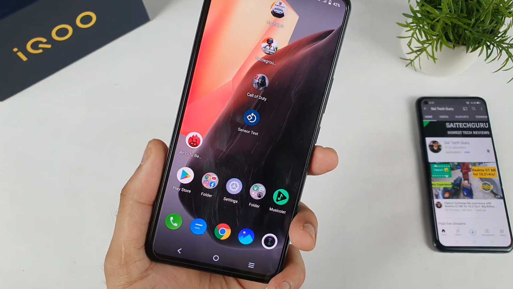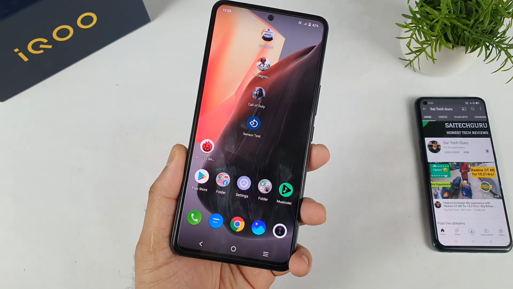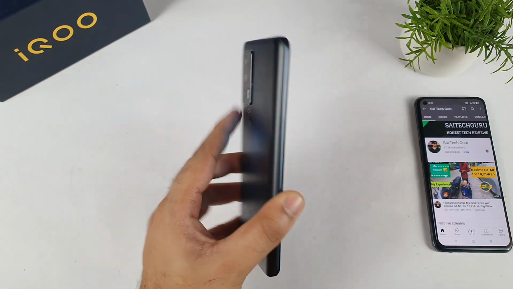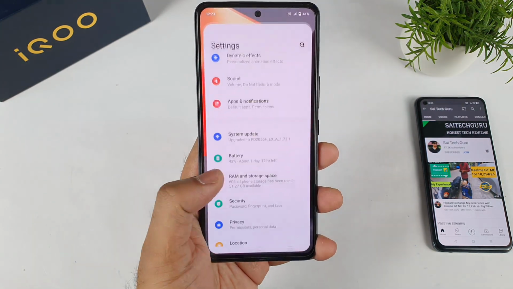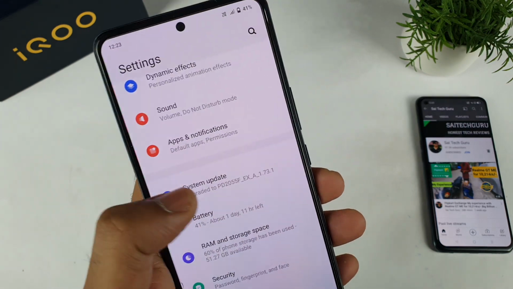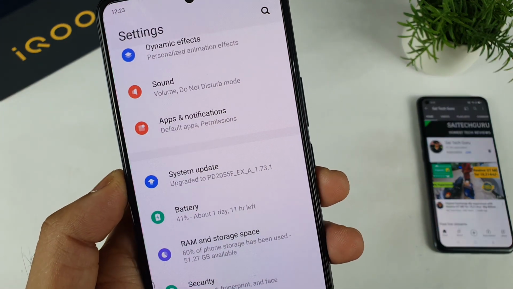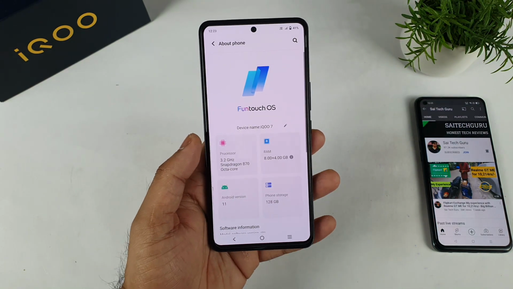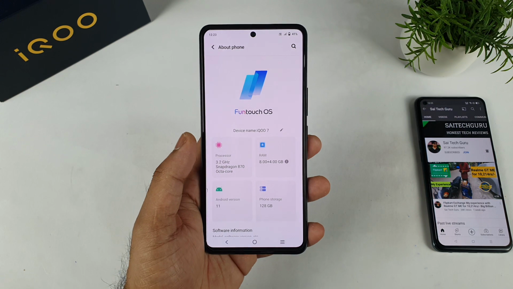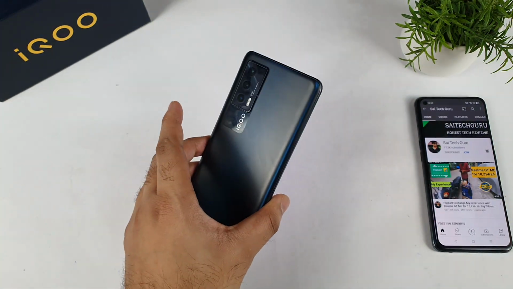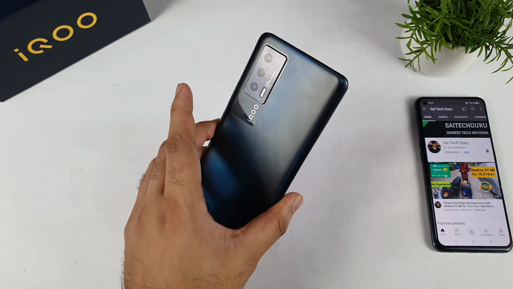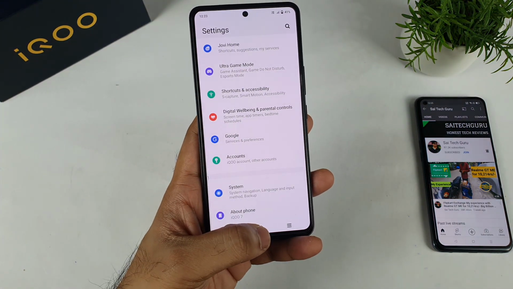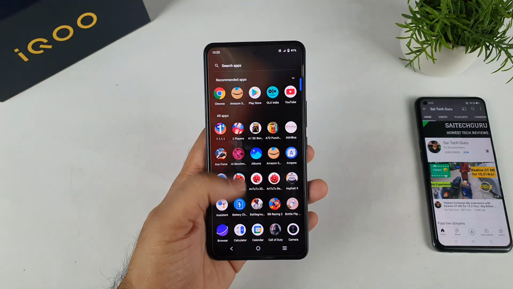In this video I'm going to test the green tint issue in the iQOO 7 device after the recent software update. Yes friends, yesterday only I received the update in the iQOO 7 device, which is a September security patch update. The update version is 1.73.1, as you can clearly see. This is the latest update which I received in the iQOO 7 device, and we do know iQOO 7 has got some issues regarding the green tint problem, and my unit has got green tint. Not all the units, only a few units will have the green tint issue. But let's see, in this video I'm going to definitely show you what is happening with the green tint problem in my iQOO 7 device. Has the problem got fixed or not?